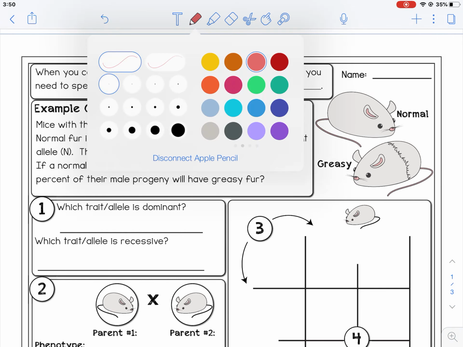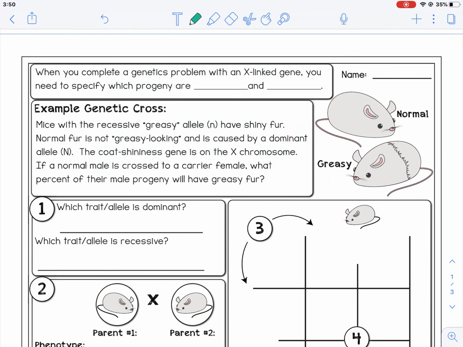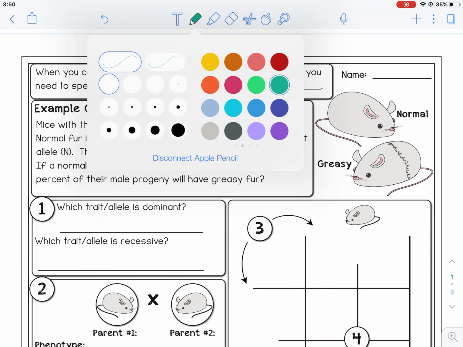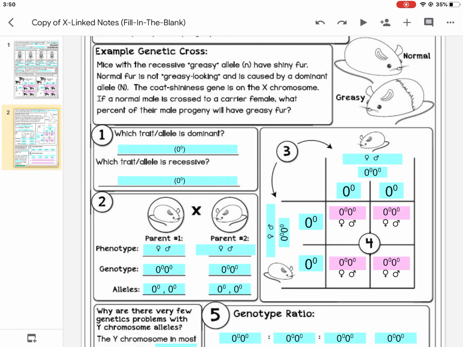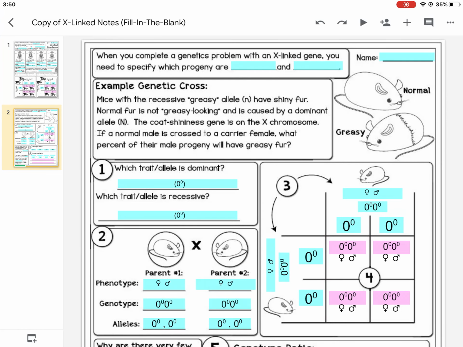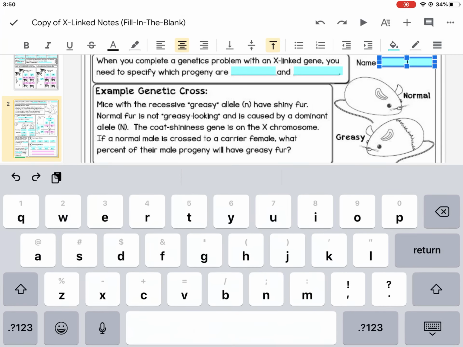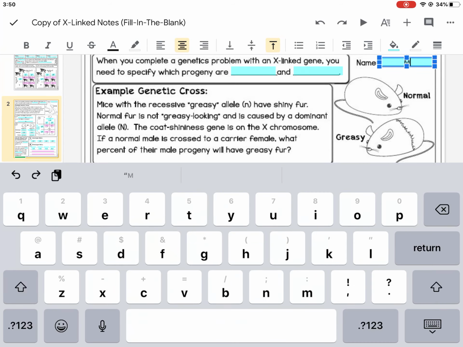Okay, remember the first thing that you always need to do is put your name on your assignment. And remember, for this assignment, you are able to edit in Google Slides. So you just type on the text box